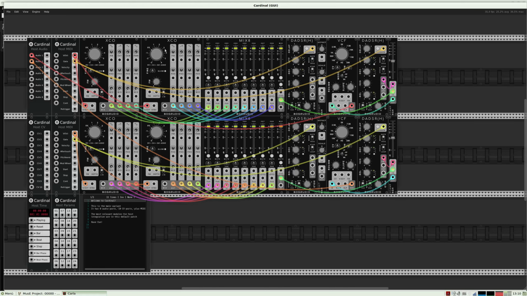We have both synthesizers here with all these waveforms, but they play the same note, so I can tell it to slightly detune, this to plus, this to minus.